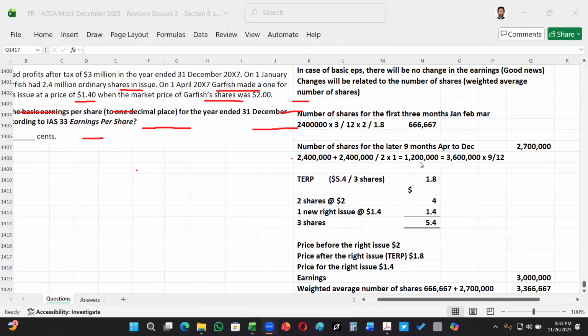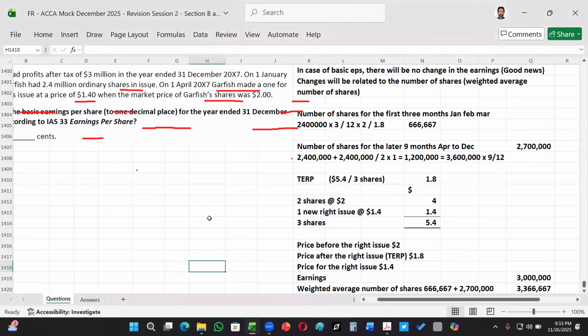I hear you. So when we add what was there initially for the first 3 months, plus what we have for the 9 months, that gives us the value we need as the weighted average, right? Exactly. The tricky part is only this fraction. Students usually get confused in this part. If you're comfortable with this, then you're doing well. All right, thank you, sir.